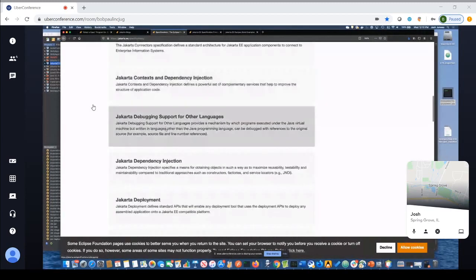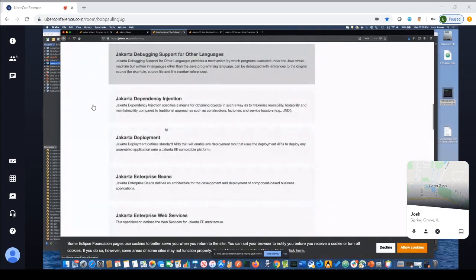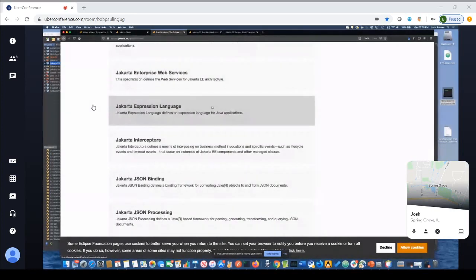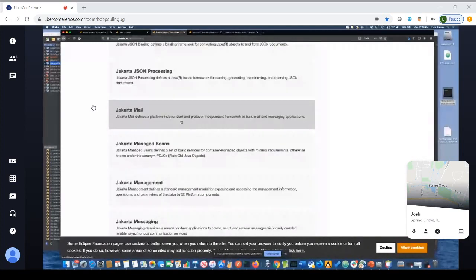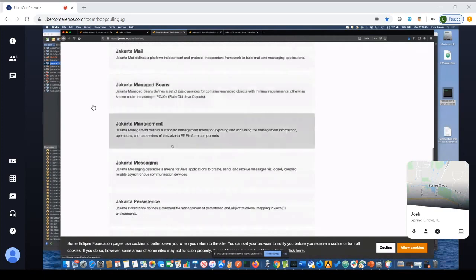support for other languages. This provides a mechanism for other programs executed under the JVM, but written in other languages, to be debugged and work along with Jakarta. We also have Jakarta Dependency Injection, deployment, enterprise beans, enterprise web services, expression language, interceptors, JSON binding, JSON processing, Jakarta Mail, which lots of people have been using over the years. It used to be JavaMail, now Jakarta Mail, Jakarta Managed Beans, management, messaging,